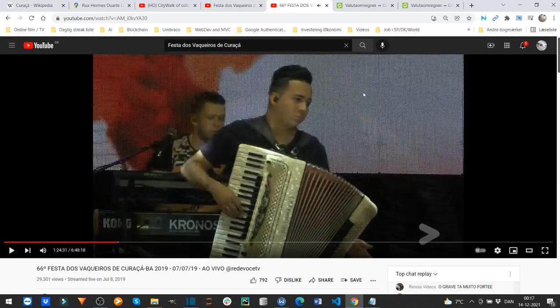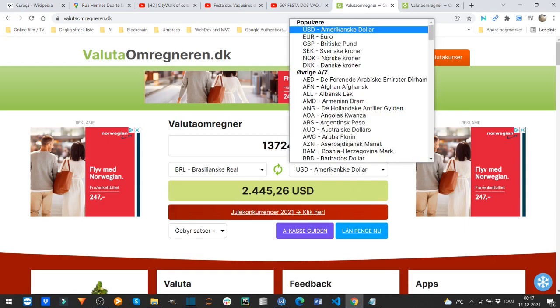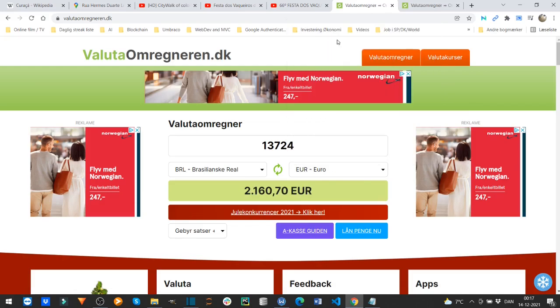But these two houses are just for long-term rental, a fixed rental. This is the full price for the whole renovation. You're gonna see it's less than $2,500. Let's switch to euros and see. Less than 2,200 euros,